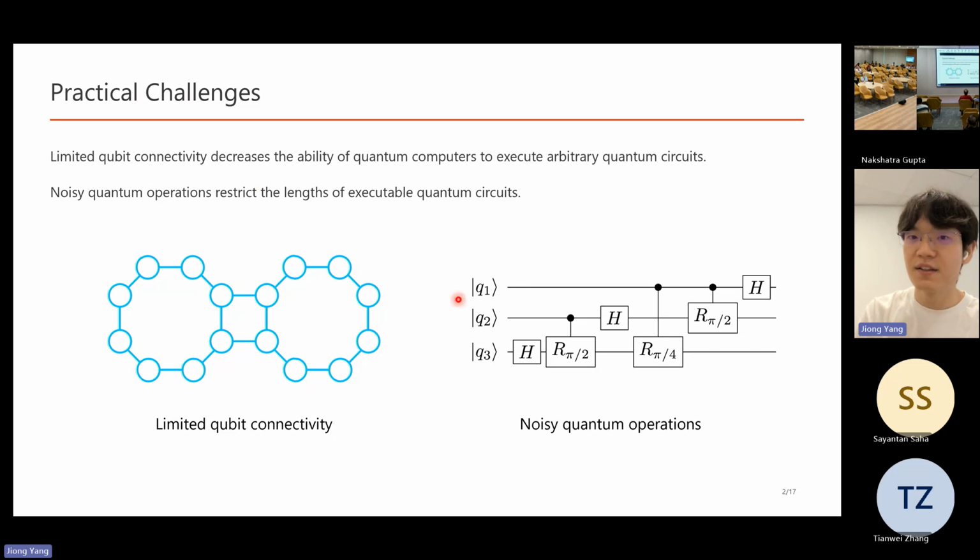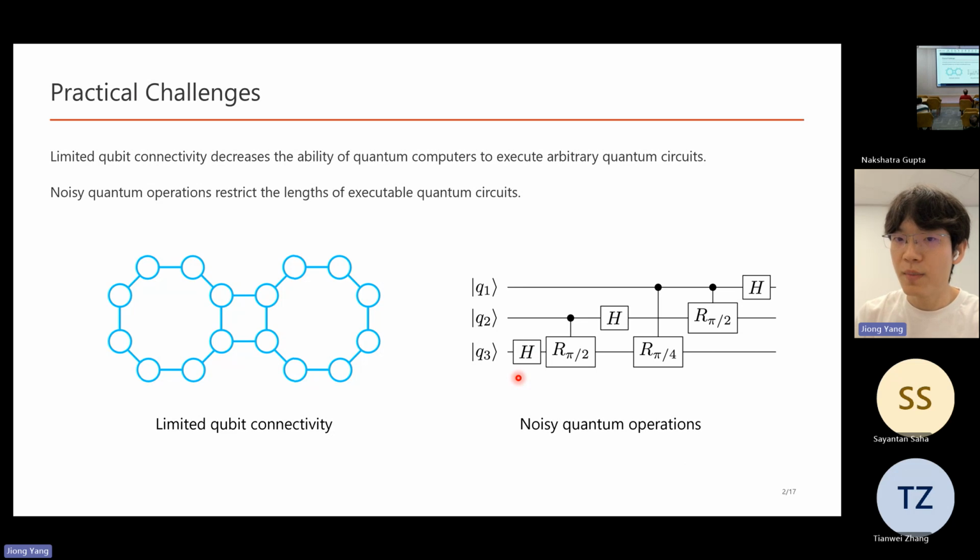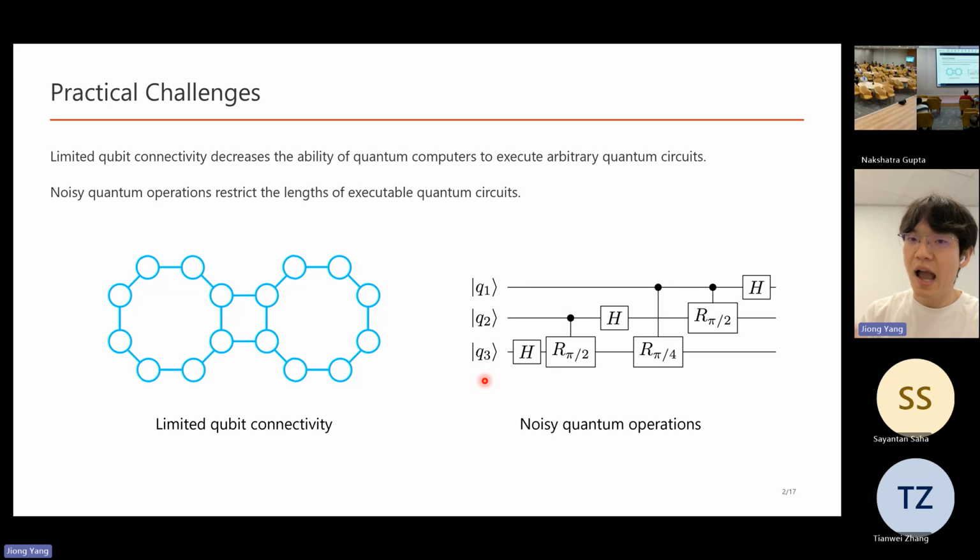On the other hand, the figure on the right represents a quantum circuit. Every horizontal line indicates the lifetime of a logical qubit, and the box on the line indicates a quantum gate. For example, the gate labeled H is a 1-qubit Hadamard gate, while the box labeled R pi by 2 and a solid dot connected by a vertical line represent a 2-qubit controlled rotation gate operating on Q2 and Q3. The fundamental uncertainty in quantum theory determines that every quantum gate suffers from an amount of error,